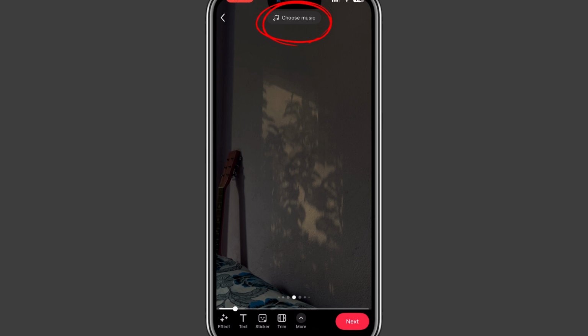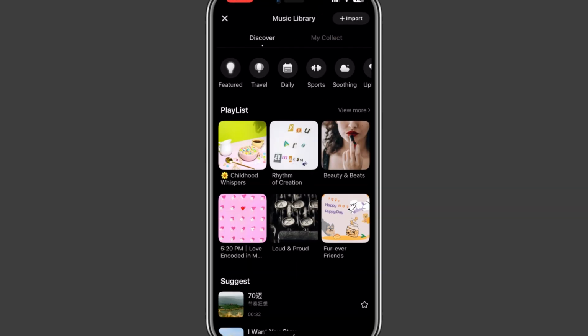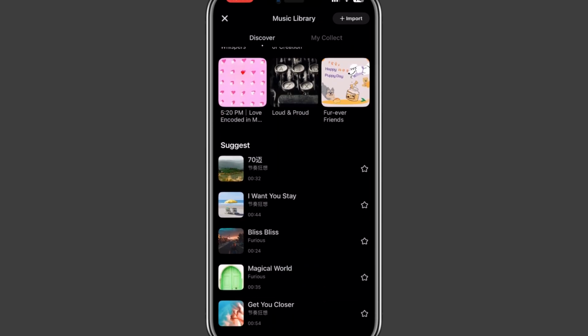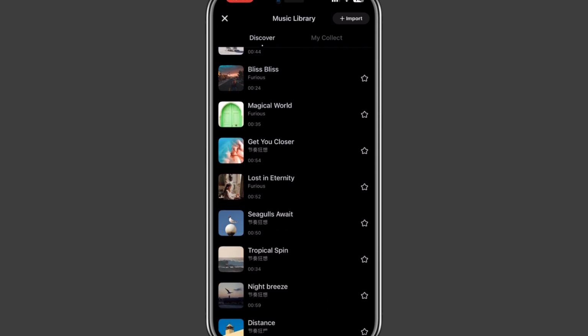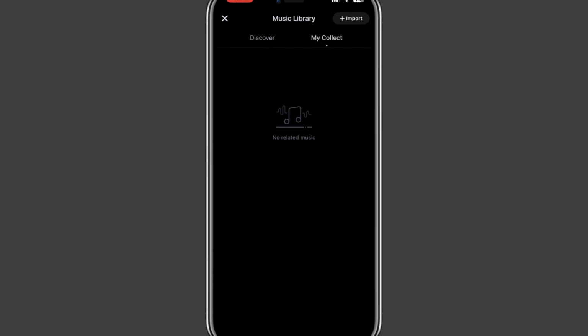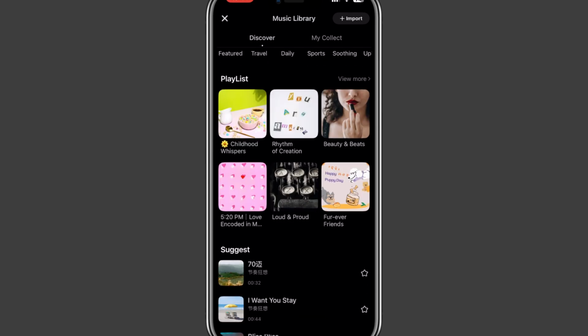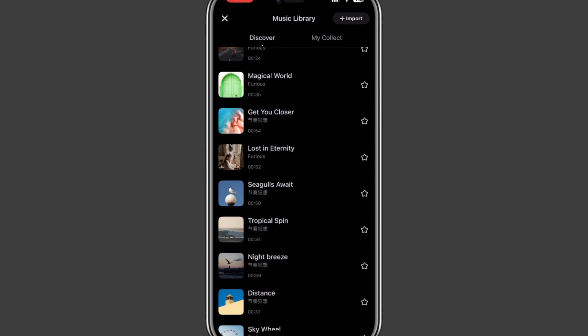You will have two options right here. Tap on library. You can see here discover, or you can also choose from my collect. You will see many suggested musics right here. Simply choose the one you would like. You can also choose from your collection right here, my collect. If you have a collection made, simply, just for now, go for discover and scroll down until you find the music